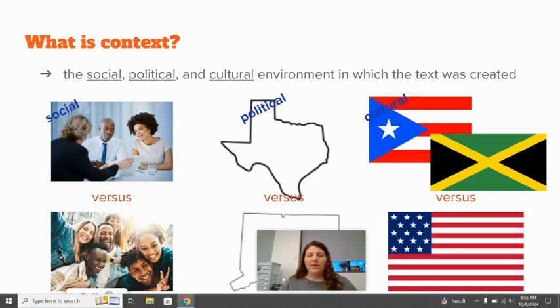The cultural environment is the values and beliefs and norms within a group of people who have a shared experience. Different cultures from different countries and within the same country share different values, beliefs, and norms. If they go to a different culture, they might have what's called culture shock. Like when I moved up here to New England, there were some different things culturally that I had to get used to and figure out how to interact with. I'm not saying any one culture is better or worse than the other, it's just that they are different.